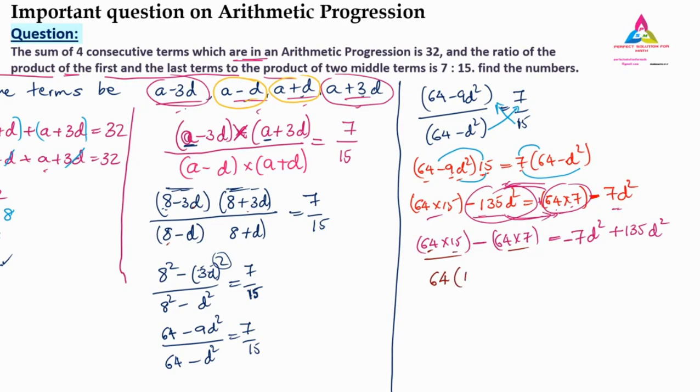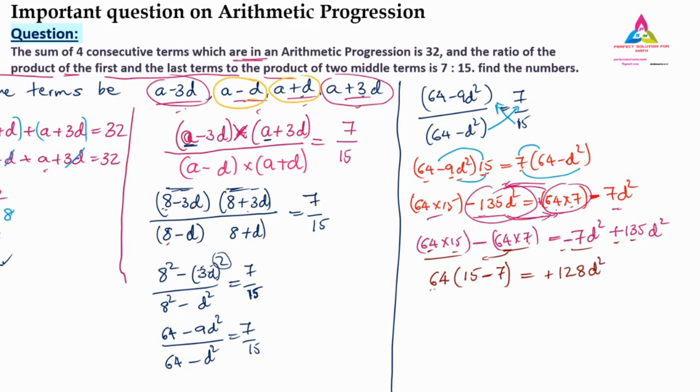That is 15 left, write down 15 inside. Minus is there, write it down as it is. 7 we have, that I have to write down inside the bracket, because the 64 I have already taken outside the bracket. So here the calculation is minus 7d square plus 135d square. One is positive, one is negative. So the greatest number is 135, having the positive, so 135 minus 7 is nothing but 128d square.